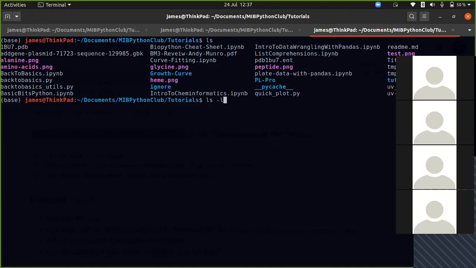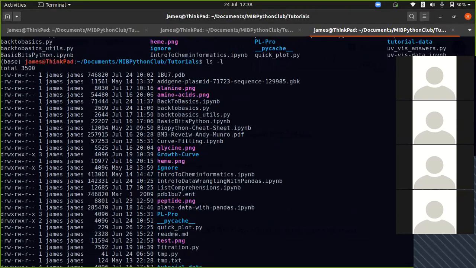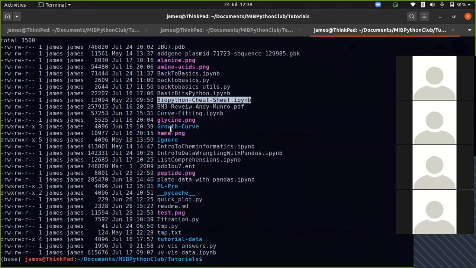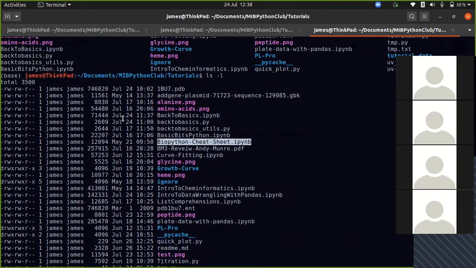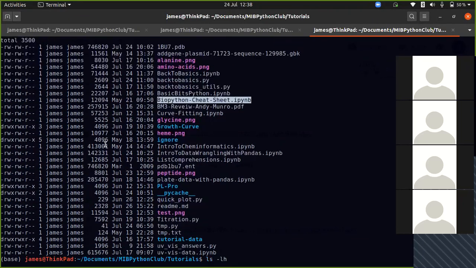You add a, people call it a tack, but a dash, people will know what you mean. And then it adds extra options. So the L stood for long format, and now we have extra information about all of the files in the folder. You can also string them together, like for example, H for human readable, which will make the file sizes more human readable,